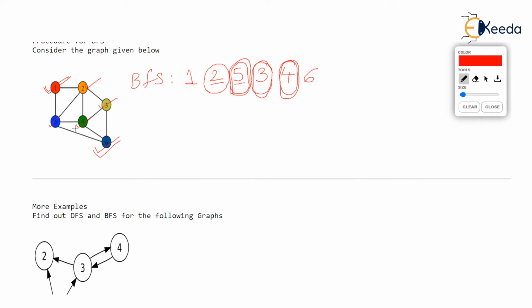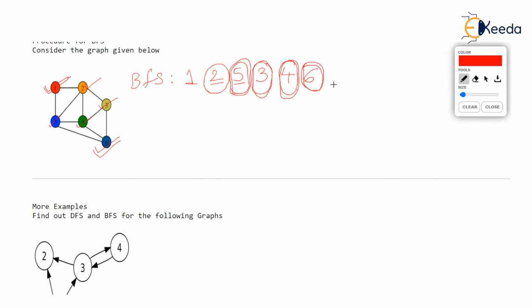But whatever are the neighbors of 4, which are 2, 3, 5, and 6, all of them are visited. So you really can't do anything with 4. You can't jump to any new vertex. And the last one is 6. 6 was printed last. So any neighbors of 6 which can be visited? 6 is having adjacency to 3, 4, and 5, but all these neighbors of 6 are already done.